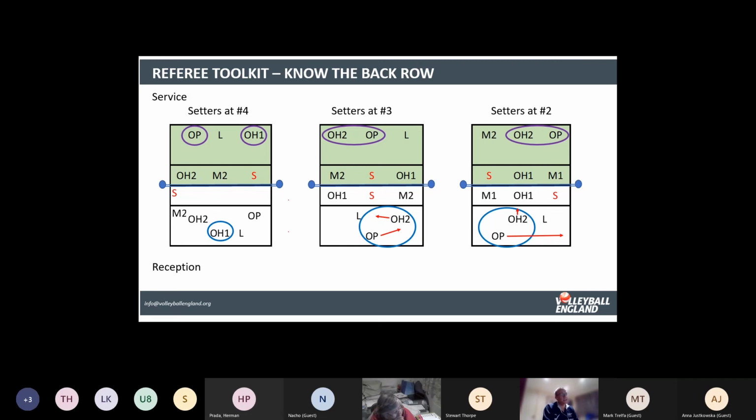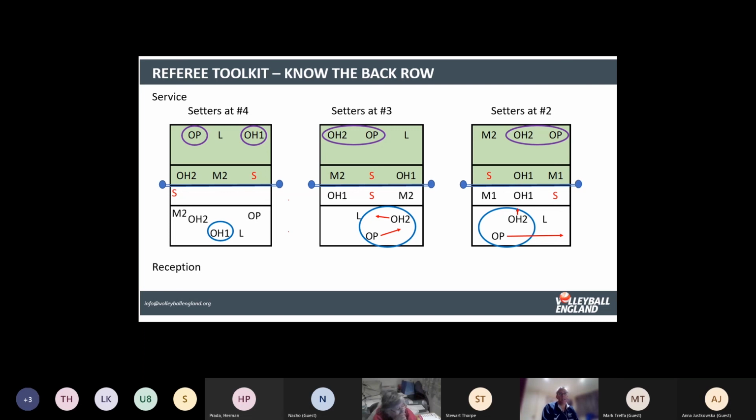And therefore, when you're looking at the back row, all you're trying to do is focus on a couple of players throughout the whole of the rotation of the teams. That way it's much easier to control who is the back row than it is to try and work out where everybody is on both teams and try and remember all 12 positions. I'm just suggesting that's one way of doing it, but it is something that you need to understand so that when you do get a